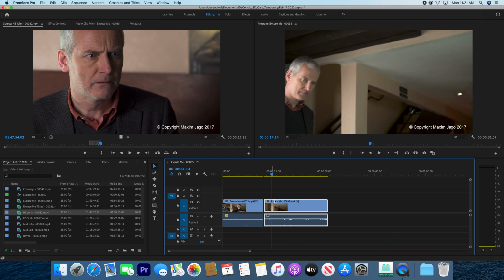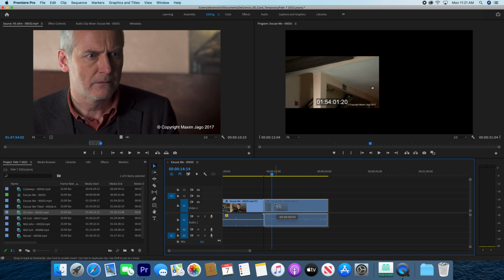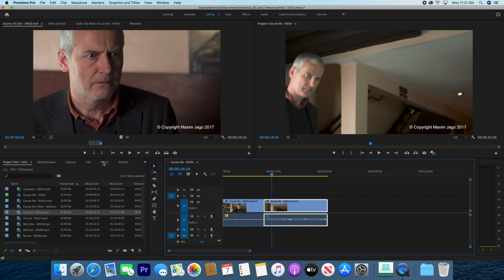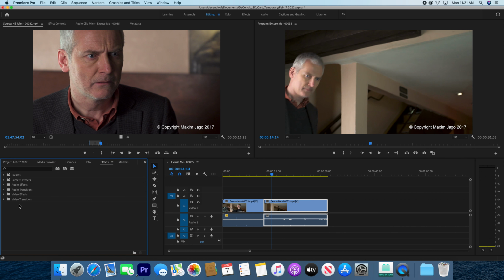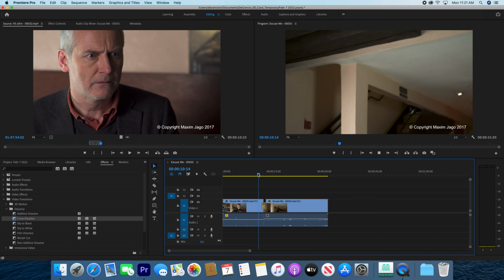And finally, if we're going to look at these two clips, we'll snap them together. Just looking at video transitions, they're simple to add, and you just go to the effects section over here, and we'll add a cross dissolve, which you want to just put in the middle of your two video clips. And as you can see,